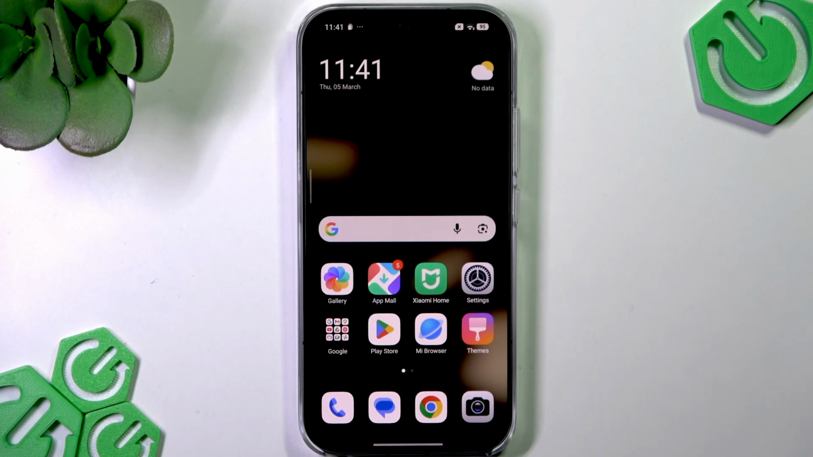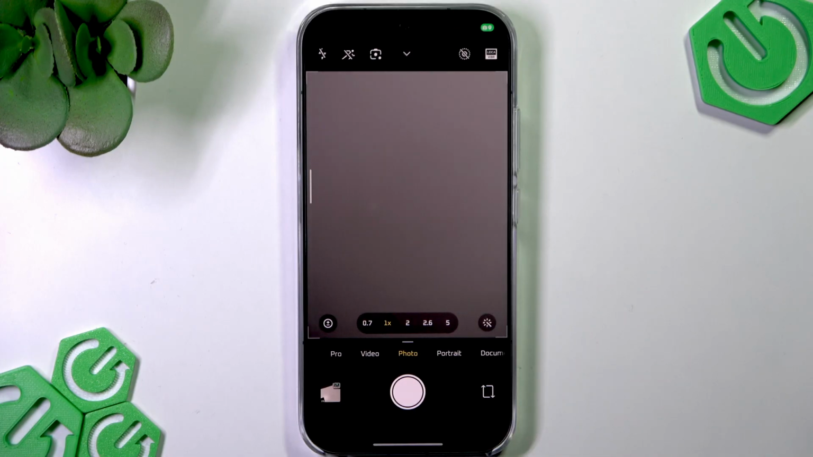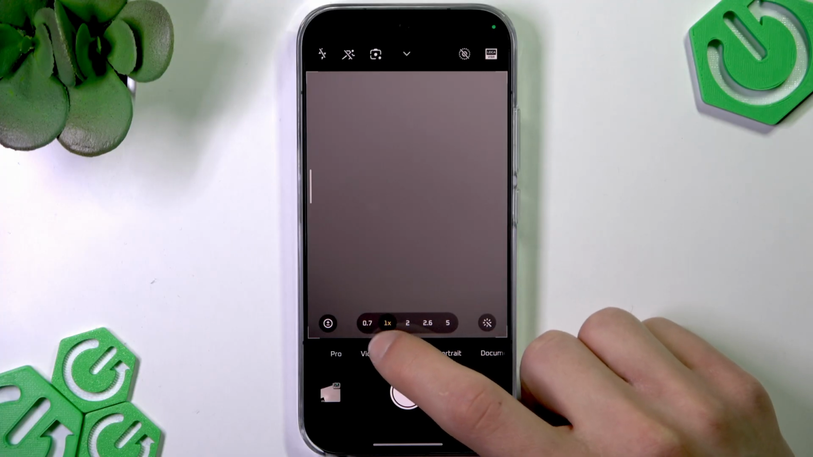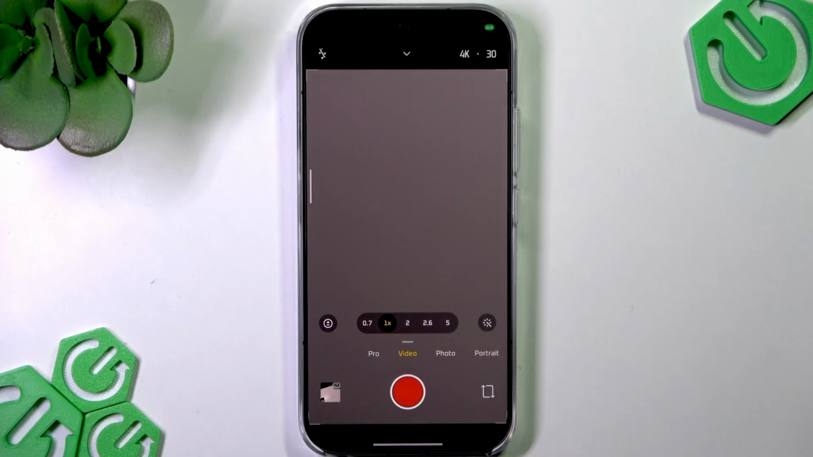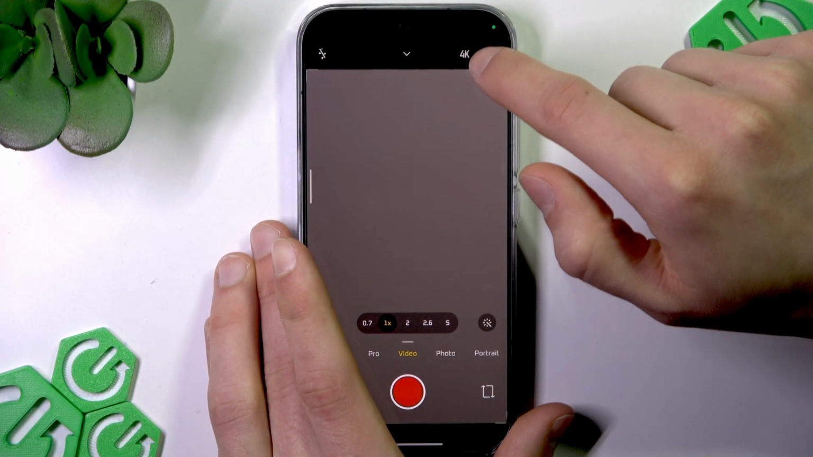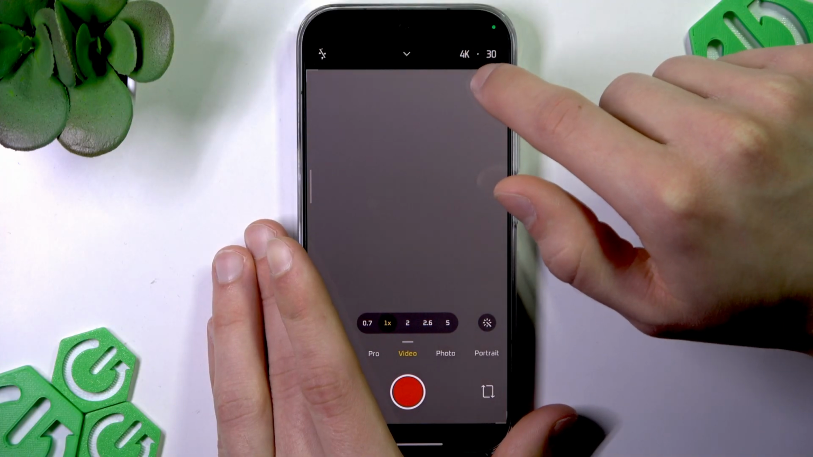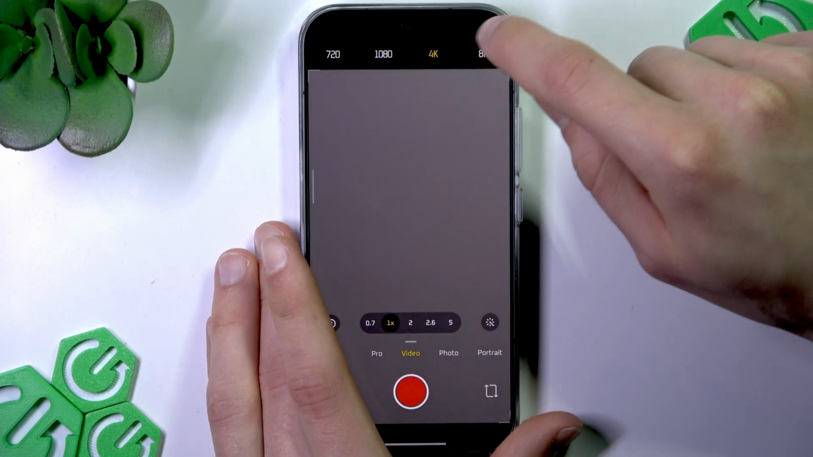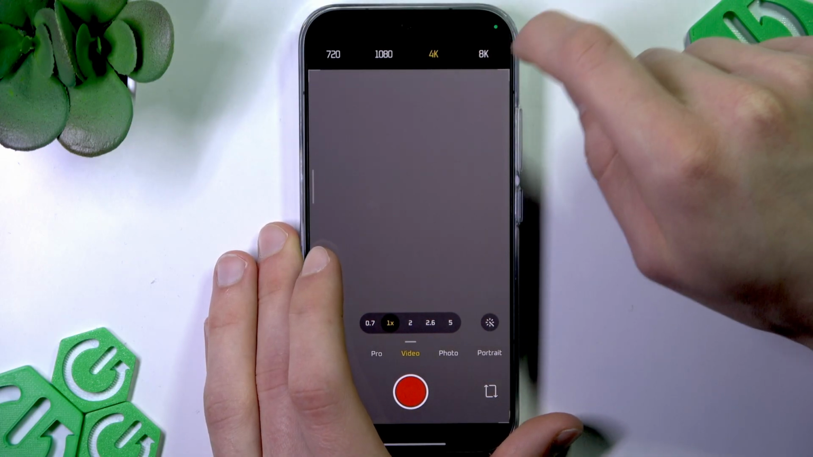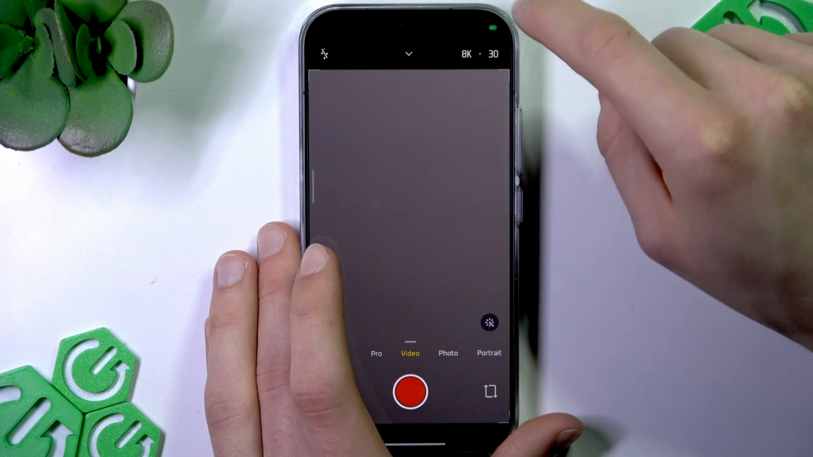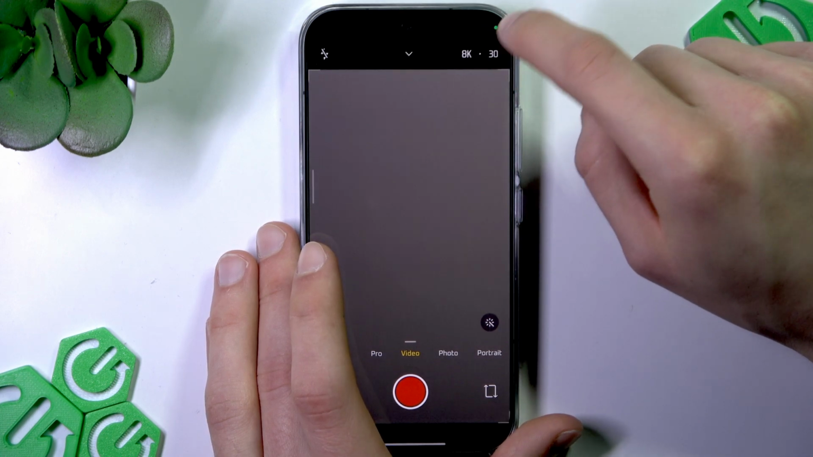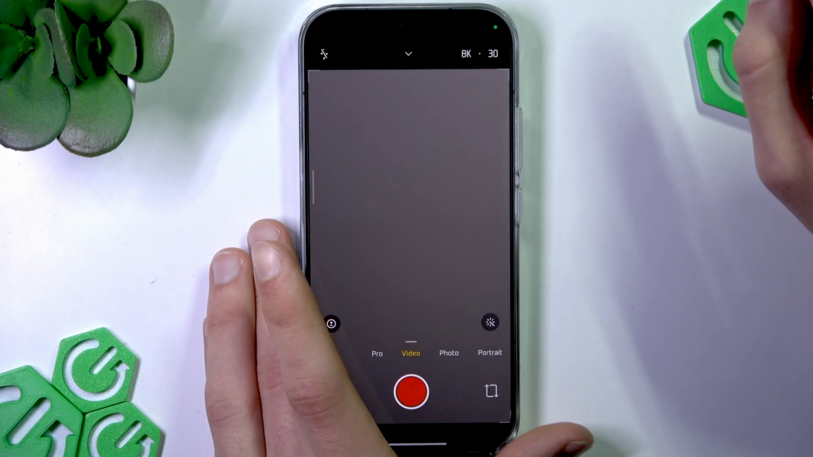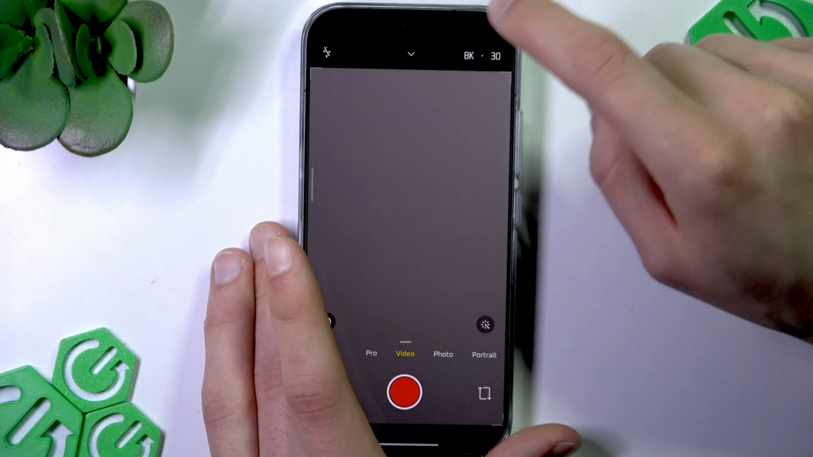To record an 8K video on your Xiaomi, you have to open the native camera application, then switch to the video mode on the mode bar, and then just tap on this icon at the top of your screen that shows your current resolution. In my case it's 4K, and as you can see we can switch to 8K by selecting this option. And 8K resolution only supports 30 FPS, so if you wanted to use